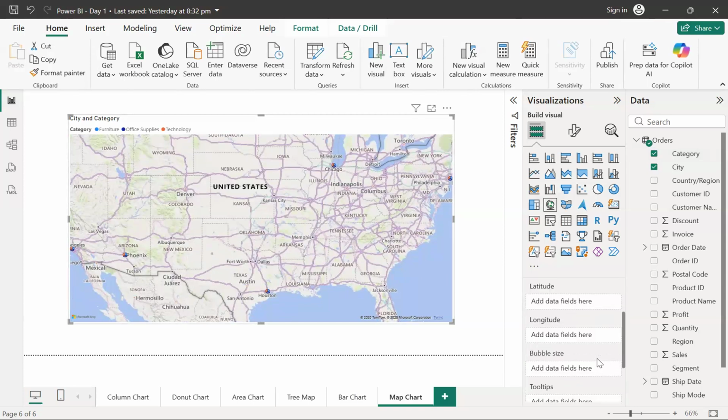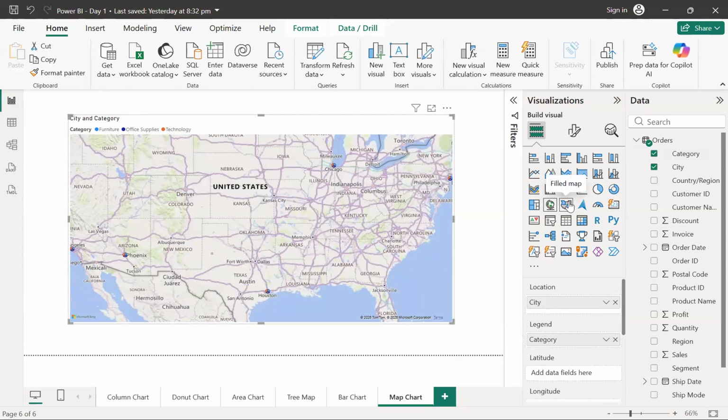Next, guys, in order to make it a bit larger, because the bubble size is very small over here. Let me just repeat myself so you guys don't get confused. Earlier I selected this filled map, but this filled map is limited only to the categorical column. It is not helping me to analyze or take any numerical column.